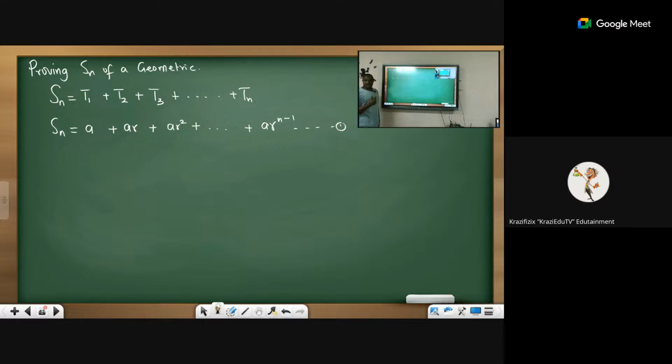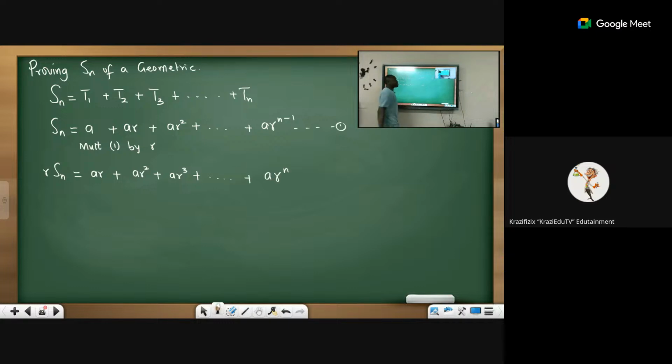Now here is the instruction. Since it's a ratio, remember for the other one we were adding and subtracting. Now ratio we do what? Multiply. I am going to multiply equation 1 by R. Multiply everything by what? R. What is R times Sn? R, Sn. What will this be? AR. What will this be? AR squared. What will this be? All right. Plus